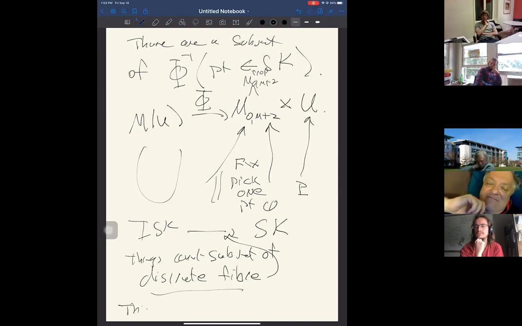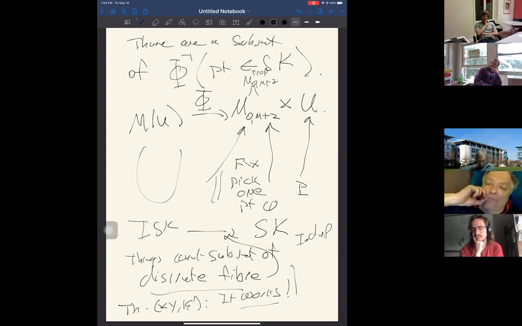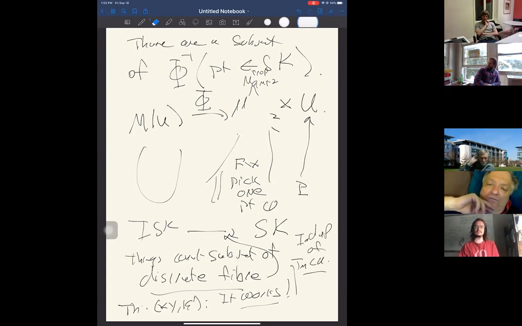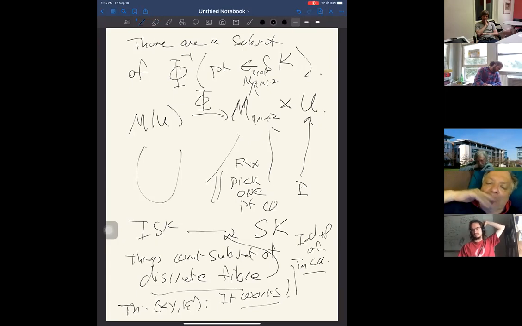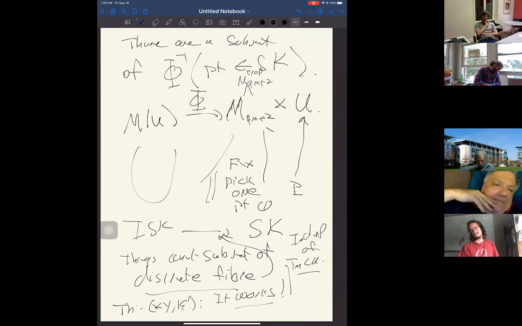But the theorem of me and Tony from last year is it works. So first of all, everything is independent of all the choices I made. For example, it's independent of which torus I picked. And when I make this count, I have to pick the fiber over some point. I didn't mean to erase that. M0, M plus 2. I have to pick the point in here to take the fiber. It doesn't matter where I pick the point. So same kind of things you always do with counts. I have some choices. I have to prove that the thing is independent, but it works, which means that we get